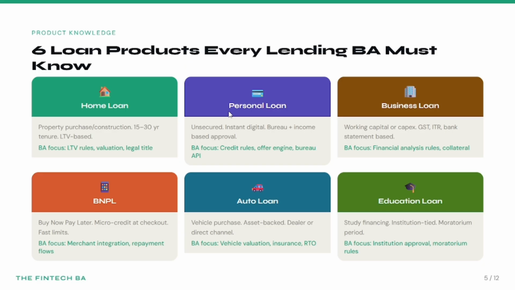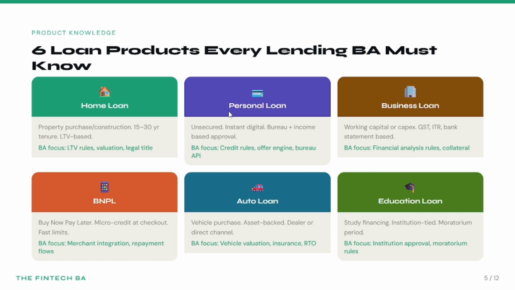Now here I have mentioned 6 loan products every lending BA must know, right? So these are the common products which are being used always, like home loans, personal loans, business loans, buy now pay later loans, auto loans, and education loans, right? So if I talk about the home loans, so home loans are the most complex loan product to document, I would say,